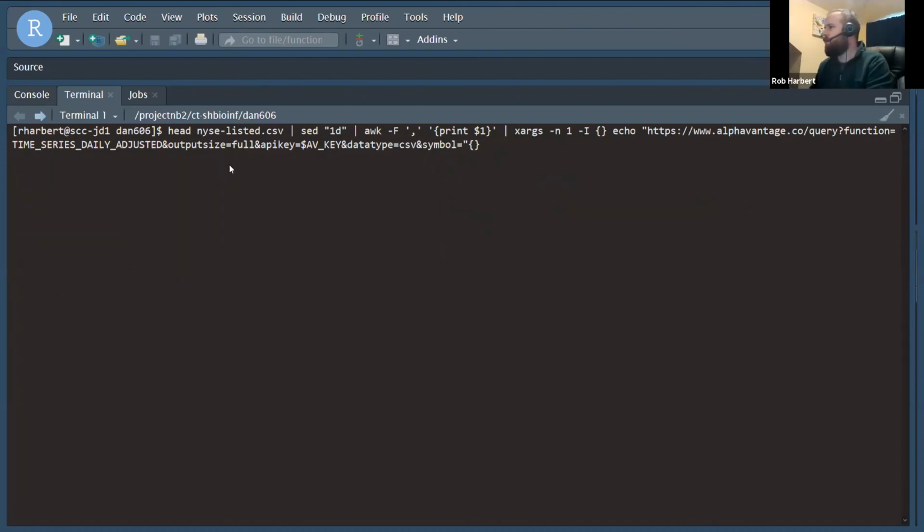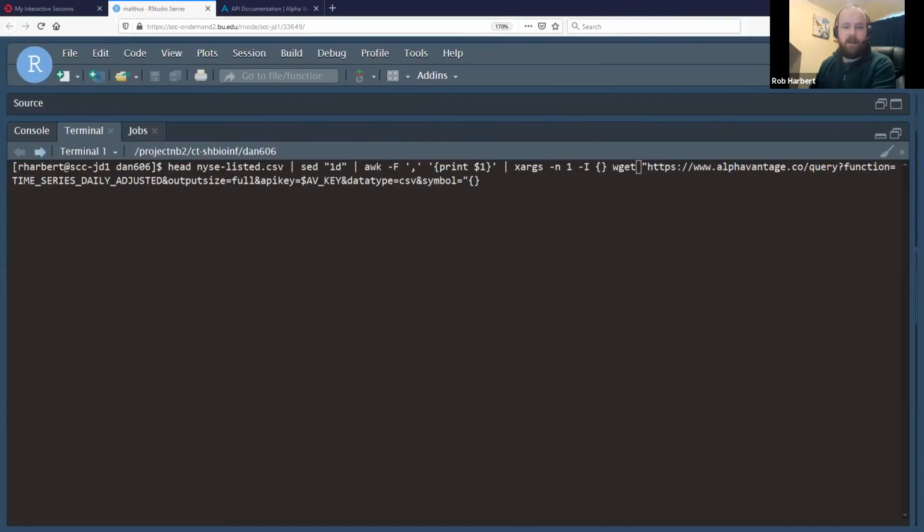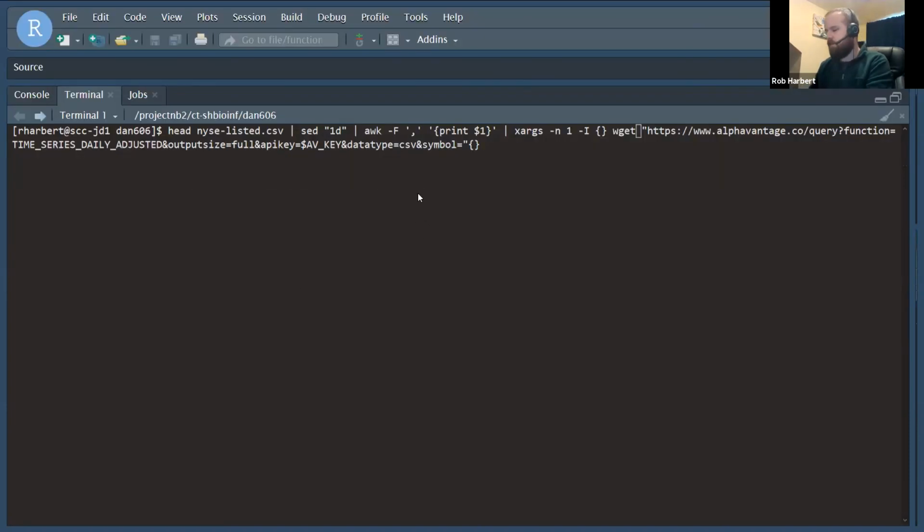Okay, so what do we need to change about this? Is what command are we going to run? So we're going to run wget instead of echo. So this time it's actually going to create those queries and wget, and then after that we need to define a parameter